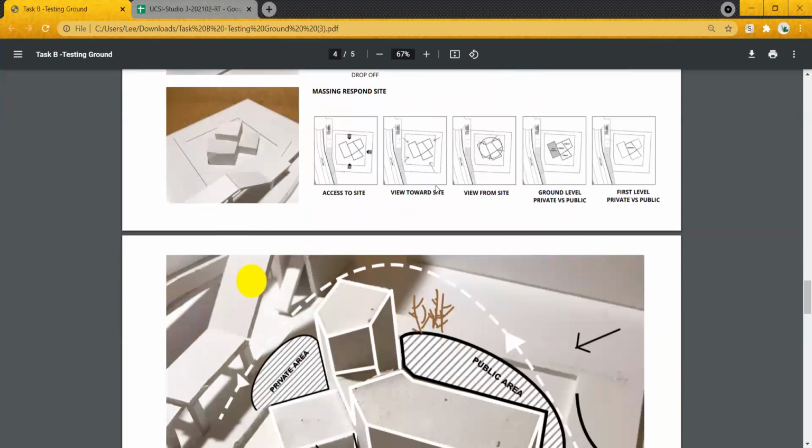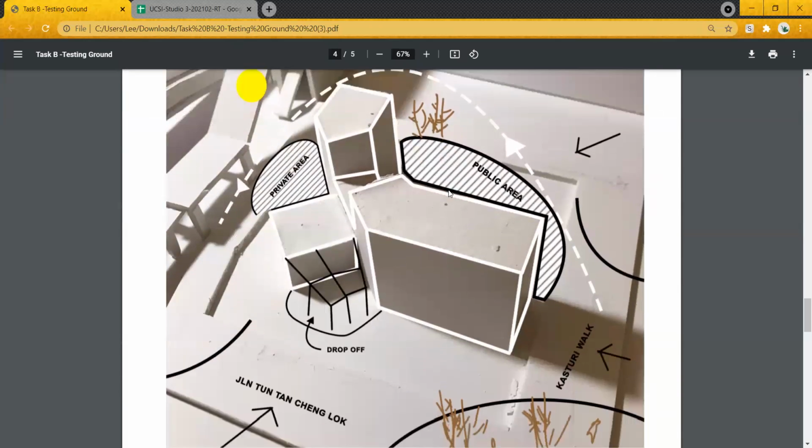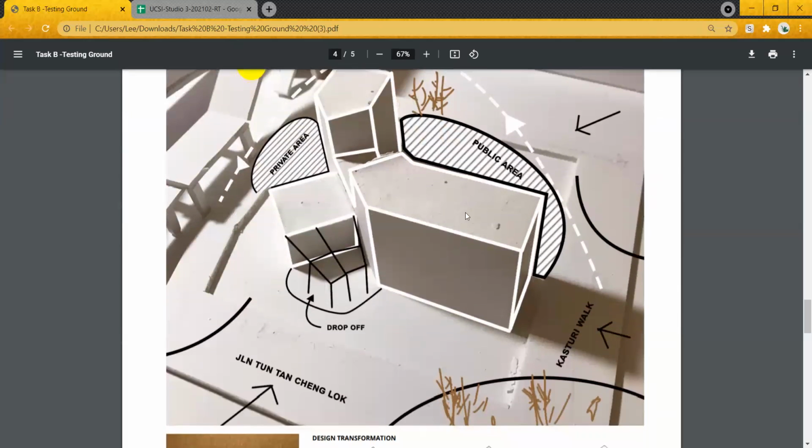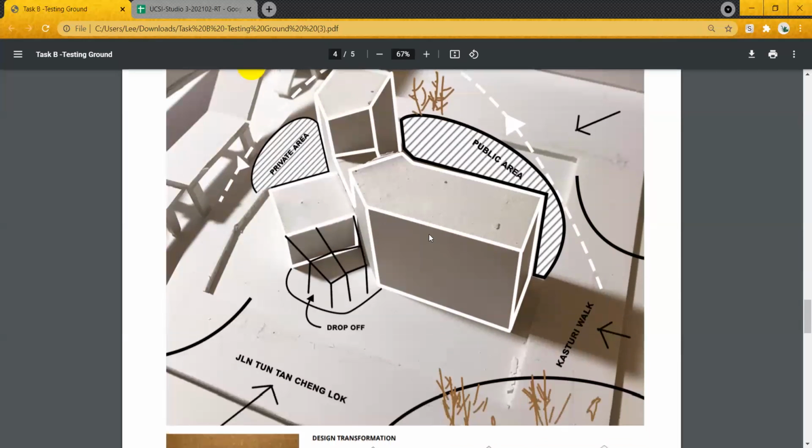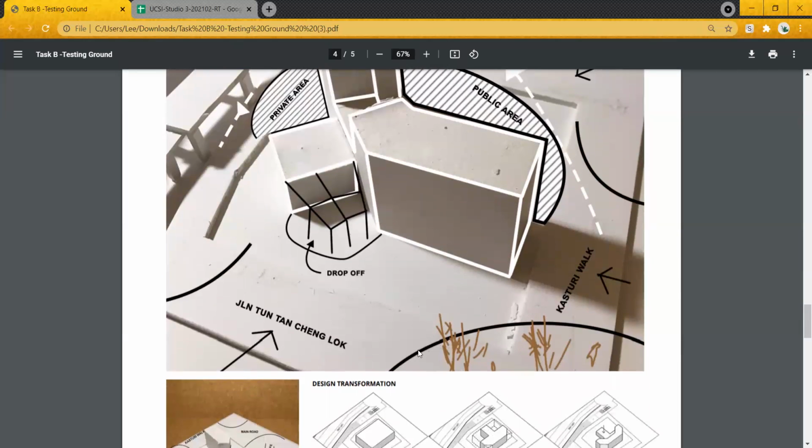So we move on to my fourth design. In this design, I considered the weather based on the climate research. The site is mostly in hot and humid conditions, and it has very little vegetation in the surrounding. So I have created a landscape vegetation area in between the Kasturi Walk and also Jalan Tun Tan Cheng Lock, in front of the